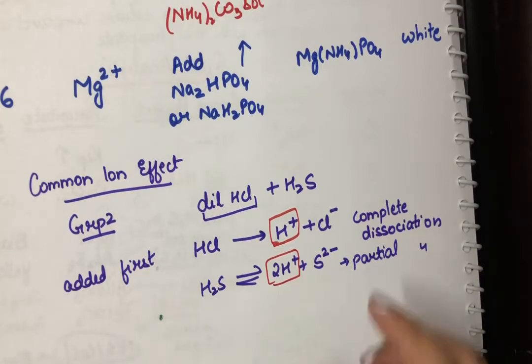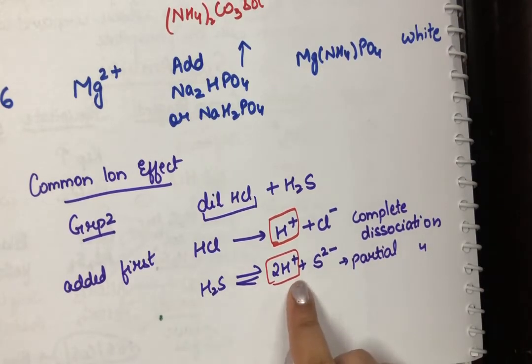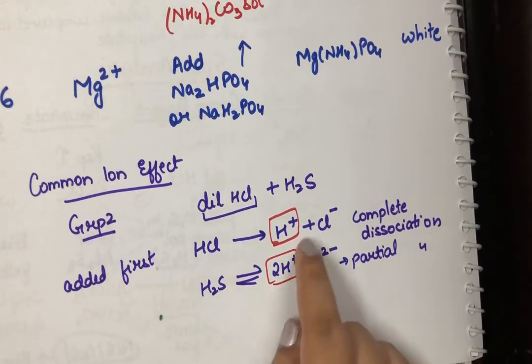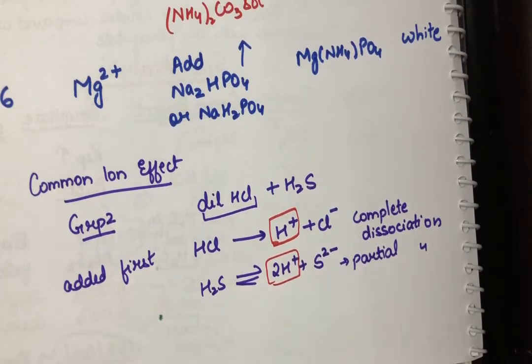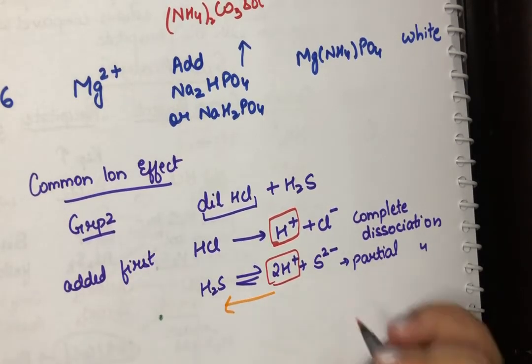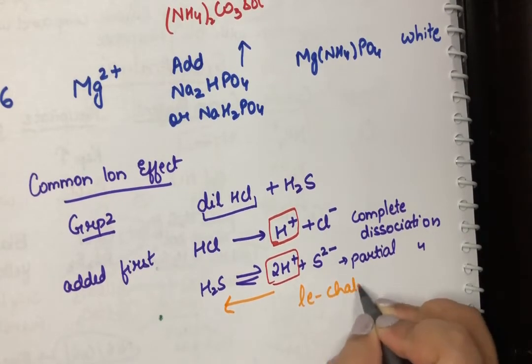So you already have H+ ion in the medium, that is, an excess of hydrogen ion is already there, which causes the second reaction to move backwards. If you remember Le Chatelier's principle, if there is any change at equilibrium, it causes the system to change so as to undo the change. Now when H2S is dissociating, I already have one of the products, H+ ions, present in excess. So what will happen now? My reaction will move in the backward direction according to Le Chatelier's principle.